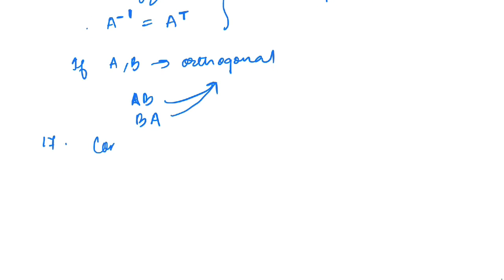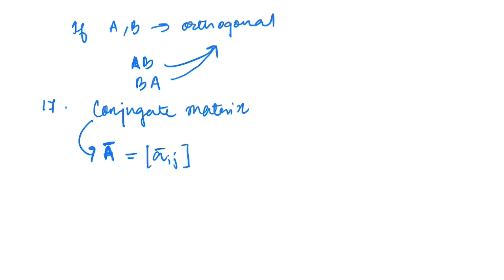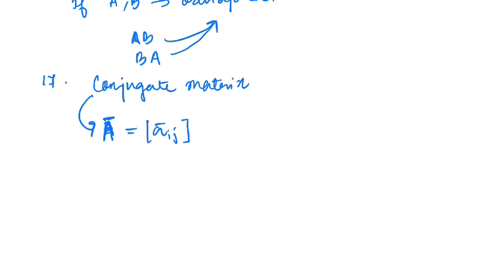17 में आओ, we have conjugate matrix. ठीक है, conjugate matrix किसको कहते हैं, अगर A bar is equal to ये J bar, I mean conjugate लेना. ठीक है, it's denoted by this, conjugate is basically denoted by this. Okay, now what does this mean is basically जो